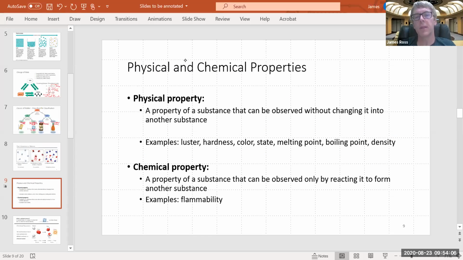Physical and chemical properties. There are properties and then there are processes. So let's look at properties first. A physical property of a substance can be observed without changing the substance into something else. So I guess a way to think about this is you can